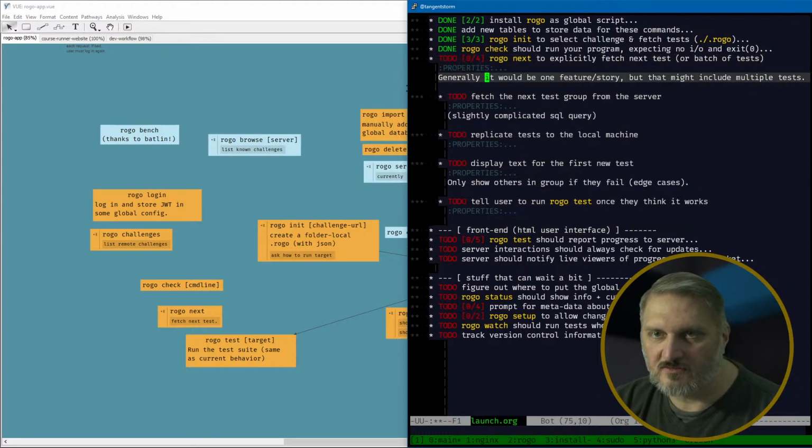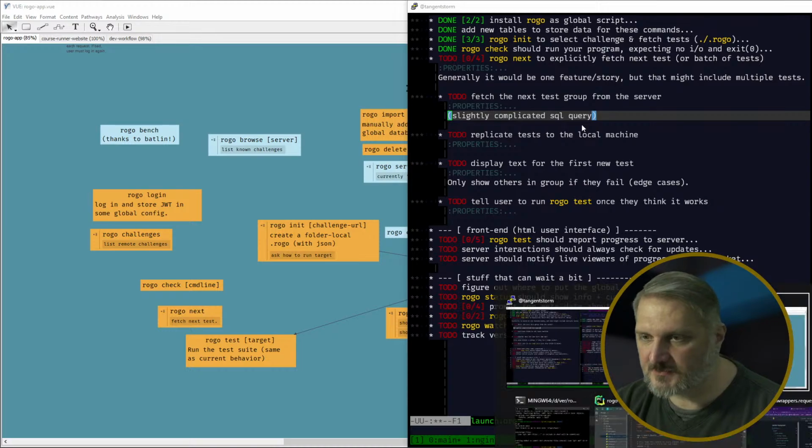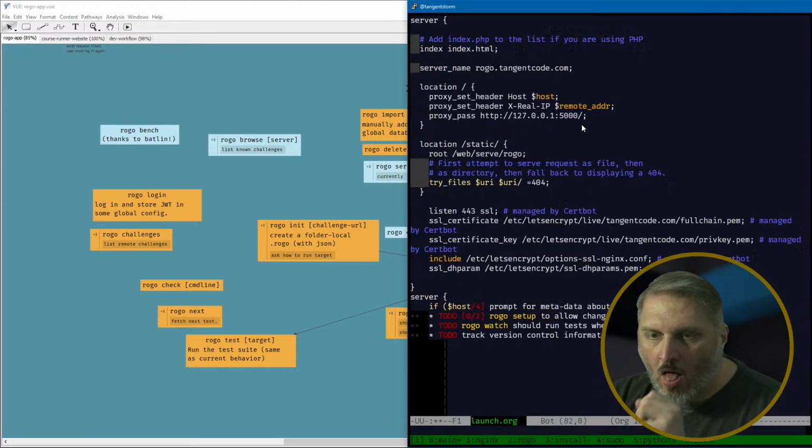However many of these are. So 4 things. Fetch the next test group from the server. Okay, so that is actually the question to ask. So in the server,